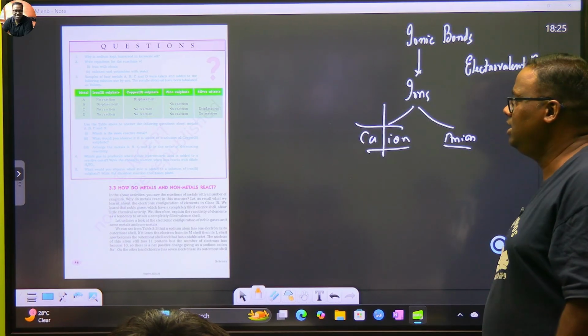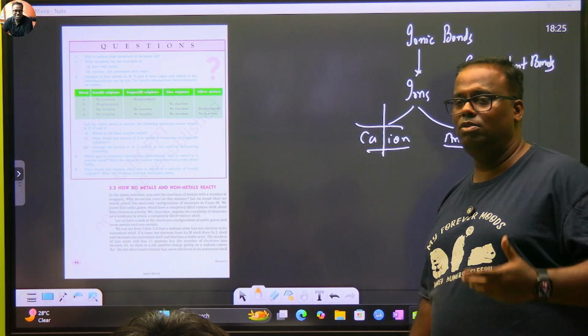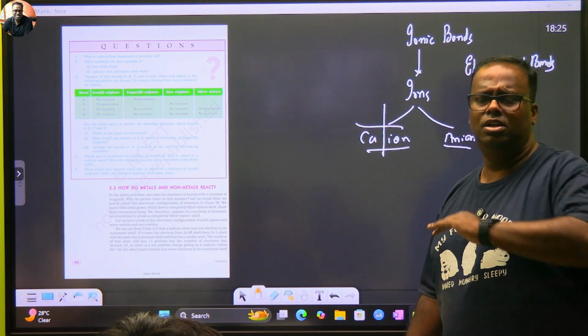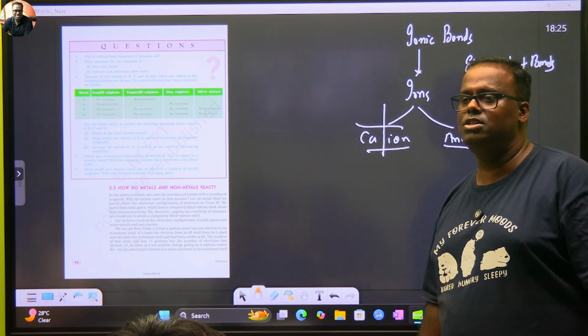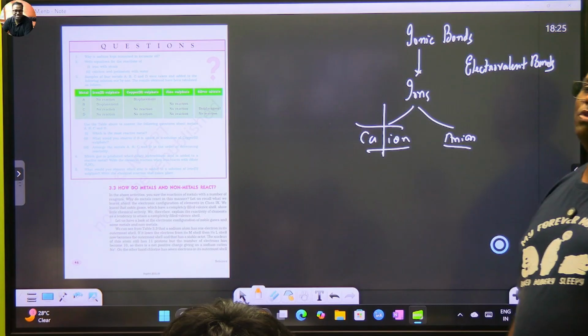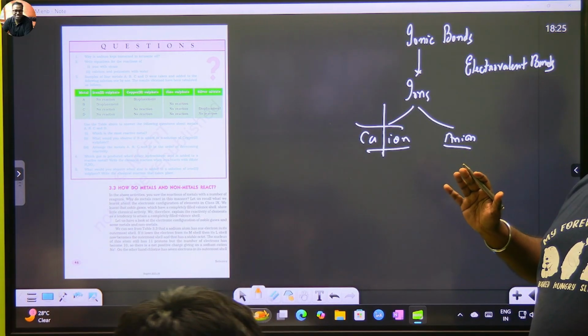And usually we say that this bond is formed by transfer of electrons. So when you transfer electrons, there will be a donor and there will be a receiver also. Somebody will receive the electron. That means that the transaction is smooth and clear. Whereas in covalent bonds, we used to have sharing. And that's why covalent bonds are weak bonds. Ionic bonds will give you very, very stable compounds.